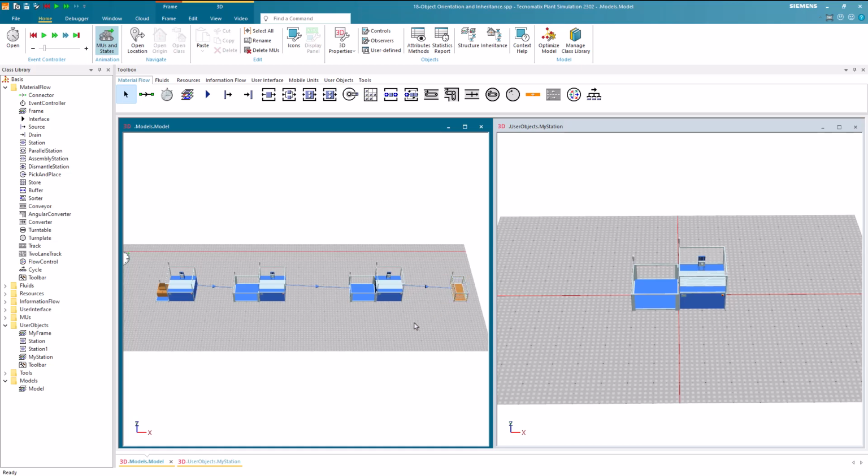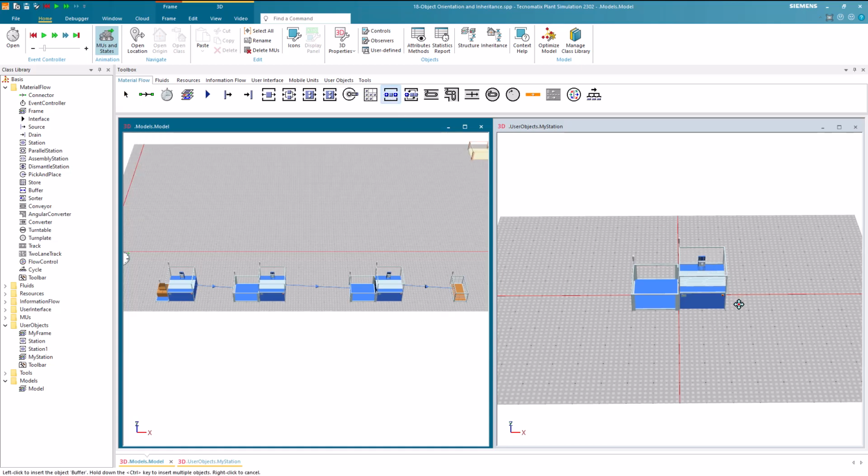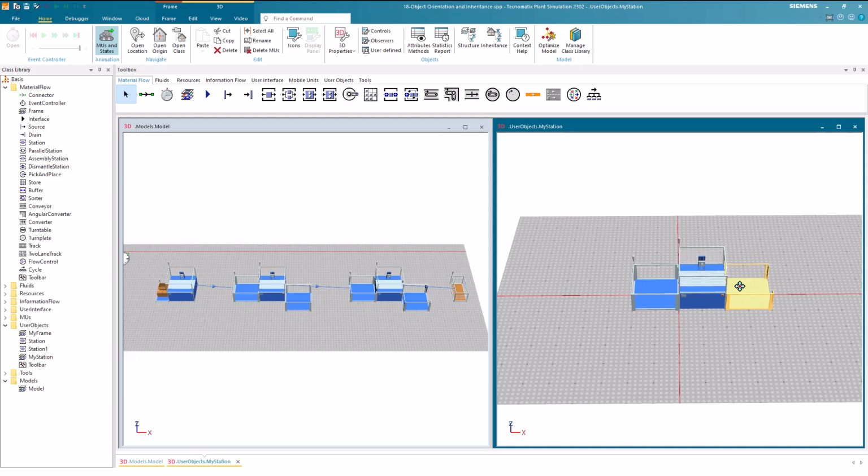To do so, we can add it in the Glassbox frame. As soon as we place the buffer in the Glassbox frame, we can see that the instances will inherit this structural change as well. However, keep in mind that after a structural change, you might need to adapt the connectors.